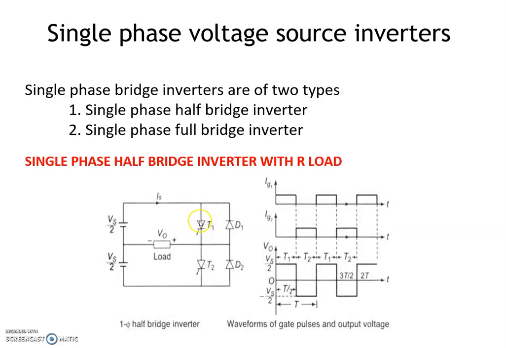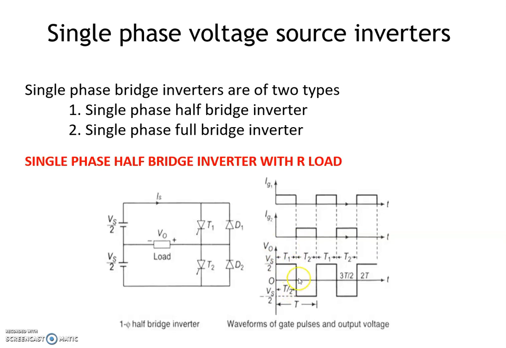When thyristor T1 turns on, current flows through T1 and the output, V0. The direction of current and the voltage polarity is shown in the figure. Therefore, the output voltage V0 is equal to plus Vs by 2 during this time interval. At the instant t equal to T by 2,